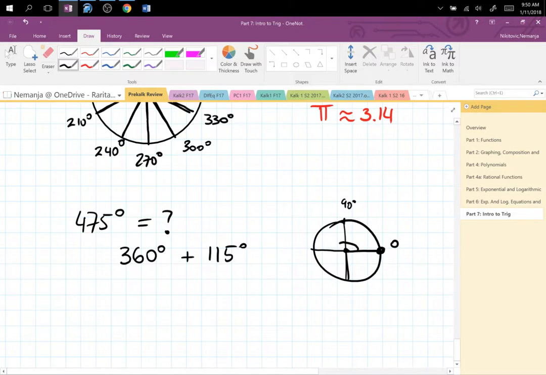So you will make a full circle, and then you will go extra past 90 degrees to this location here, which would be 475 degrees. So full circle is 360 to go around the circle, and then you go extra, and you get to 475. Now what's interesting is, 475 degrees is not the same as 115 degrees, but it's at the same location